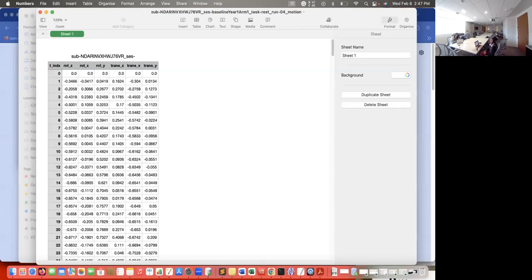What is this, minimally pre-processed? Yeah, this is minimally pre-processed. So what does that mean? It's been motion corrected, and all the steps like realignment and most of the steps are there, but there were a few which had restrictions for the ICA fix. As we discussed before, I could bring that up again, but for our study we need a few more steps to be done just for the use of our kind of study,